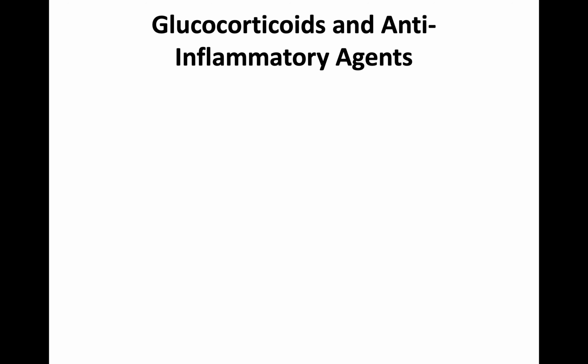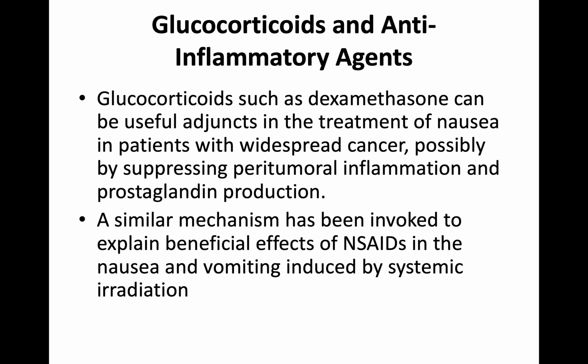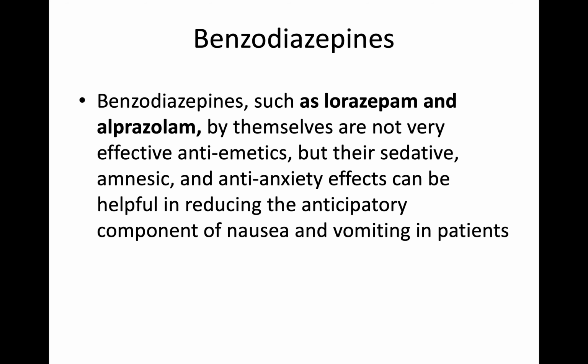Very rarely, in severe hyperemesis, corticosteroids may be used, and sometimes chronic inflammation invites emesis, so dexamethasone may be used. Just remember that name. Benzodiazepines, lorazepam, are not very effective antiemetics, but the sedative, amnesic, and anti-anxiety effects can be helpful in reducing